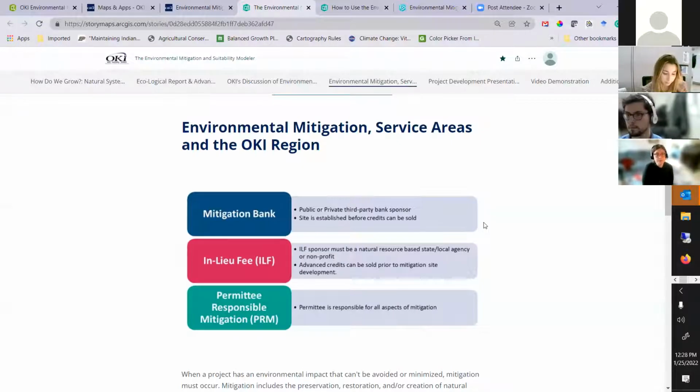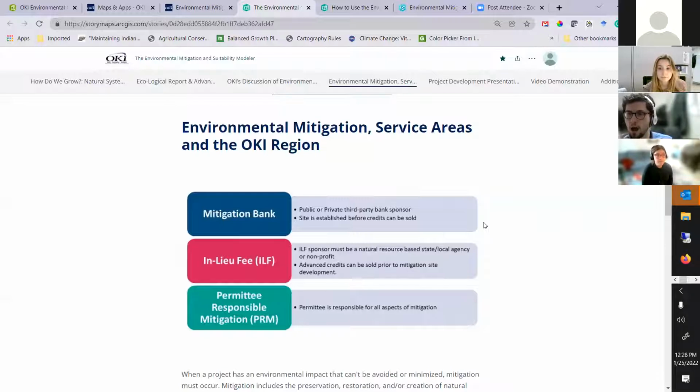Next is an in lieu fee program. In Ohio, that's through the Nature Conservancy, and in Kentucky, it's done through Northern Kentucky and through Kentucky Fish and Wildlife. The in lieu fee programs are able to front the project. They have to be a nonprofit, and if you need credits, you purchase them through them, and they go ahead and do the project after the fact. So they get an advance on those credits, but they have to be a natural resources based local